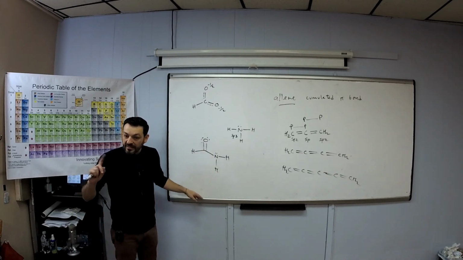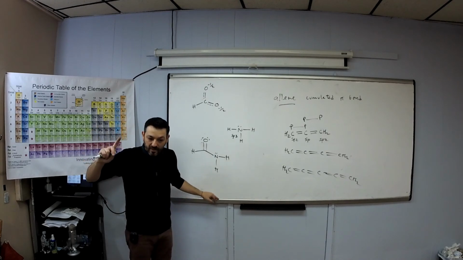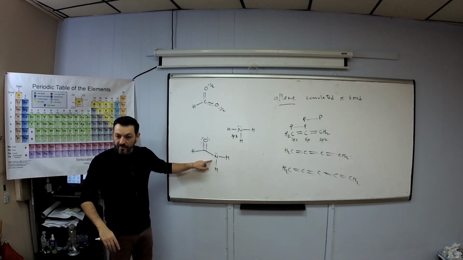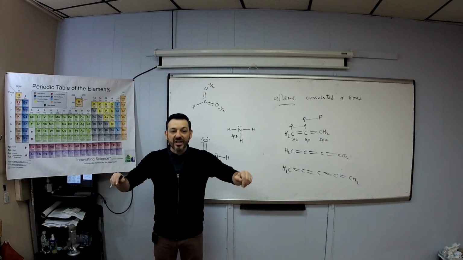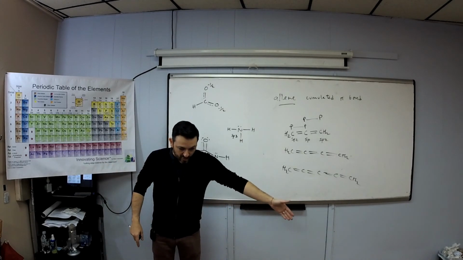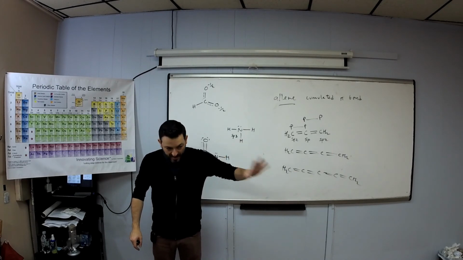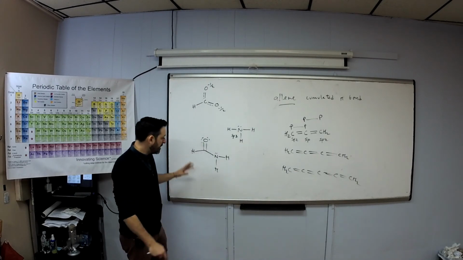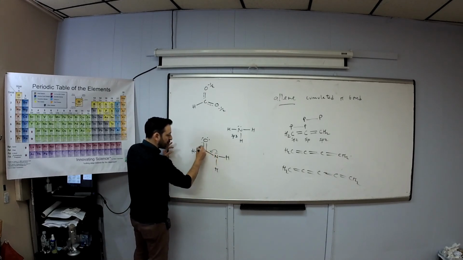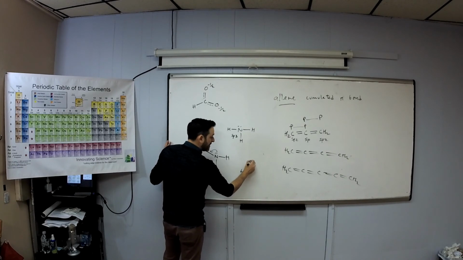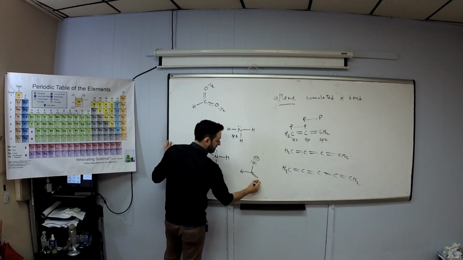And not a lot. The idea is it doesn't have to be a major contributor. It's just that when you're doing this game of asking about hybridization, you count all contributors that are not negligible. So if it's a negligible contributor, you ignore it. Do you hear what I'm saying? If it's a negligible contributor, you ignore it. But if this has any real contribution going this way, and if this right here is any contributor more than negligible,